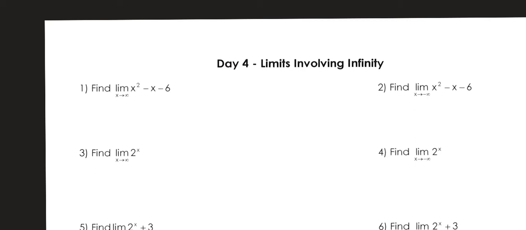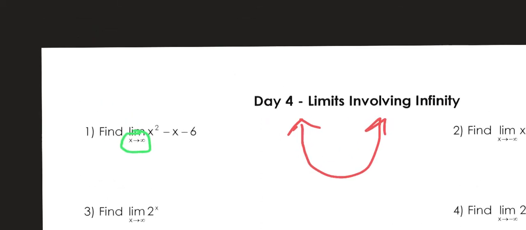We'll see. Okay, so 1 and 2, same picture. I've got a parabola. I don't need to draw axes. I'm just going to draw the general shape. And this is the same idea of what you talked about in Algebra 2. So the limit as x approaches infinity,